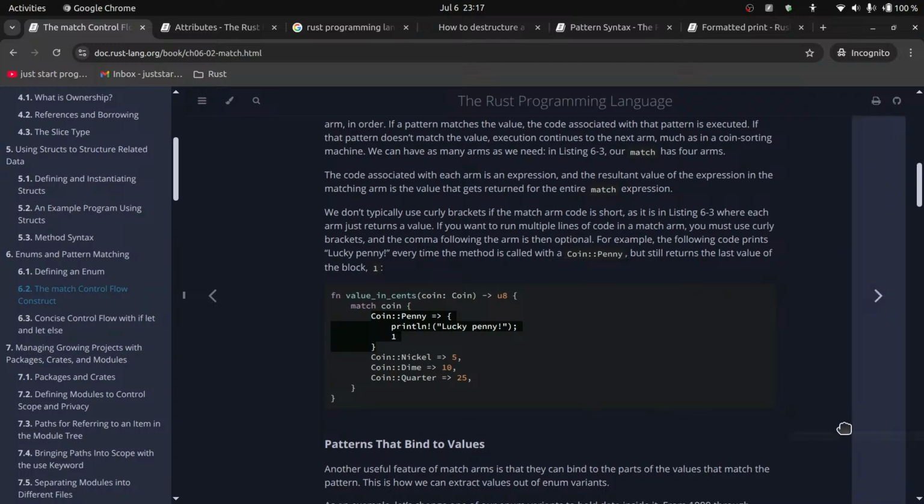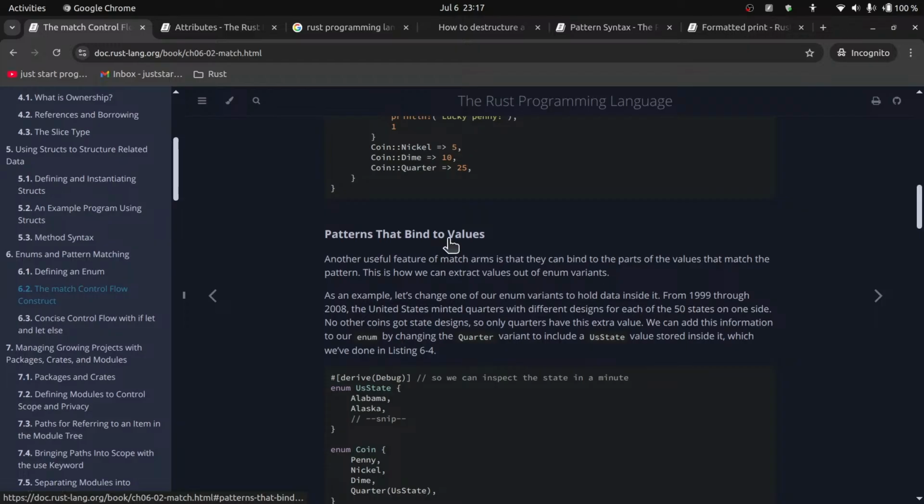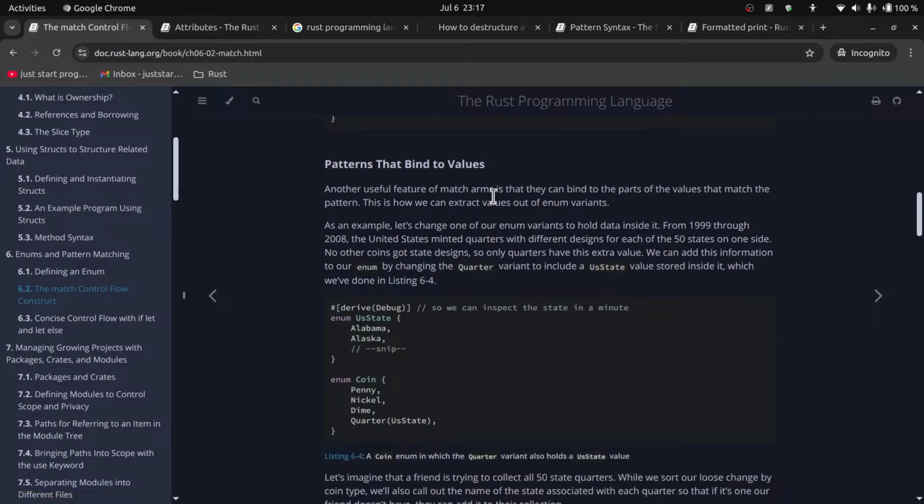Patterns that bind to values. Another useful feature of match arms is that they can bind to the parts of the values that match the pattern. This is how we extract values out of enum variants. If you could excuse me for a while, let me take a